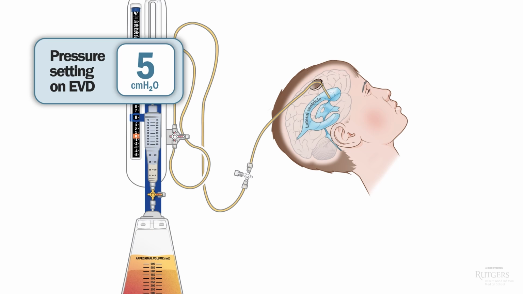But if we keep it too low for too long, we risk draining too much CSF, which lowers intracranial pressure. This causes a low-pressure headache because of the downward traction on the meninges, similar to the headache that happens after a lumbar puncture. In more serious cases, brain sags and bridging veins tear, resulting in a subdural hematoma. So be extra careful with leaving the EVD at too low a level.